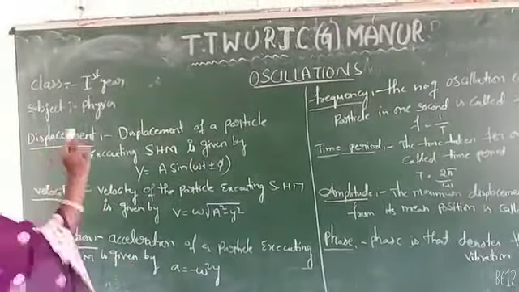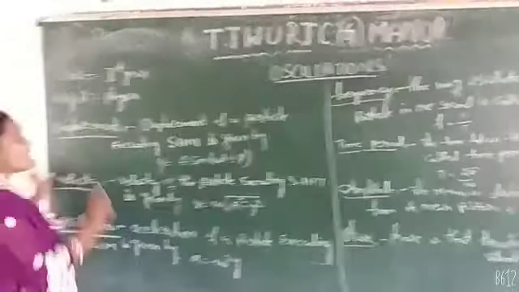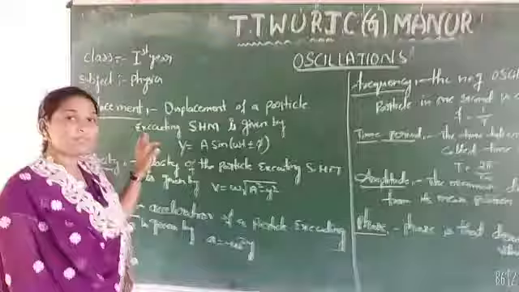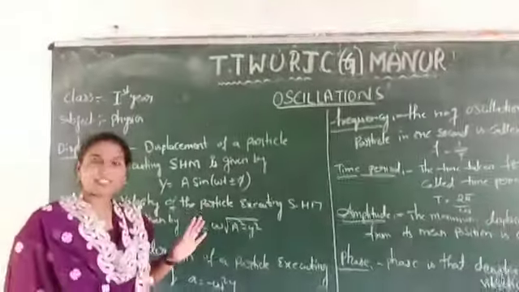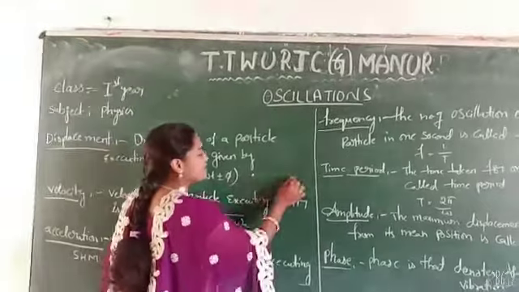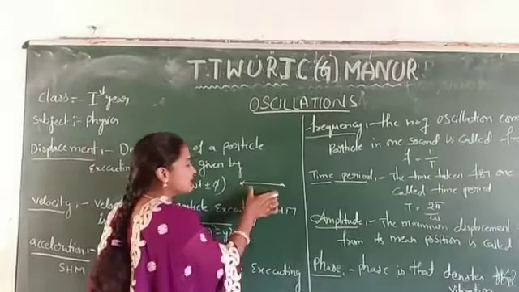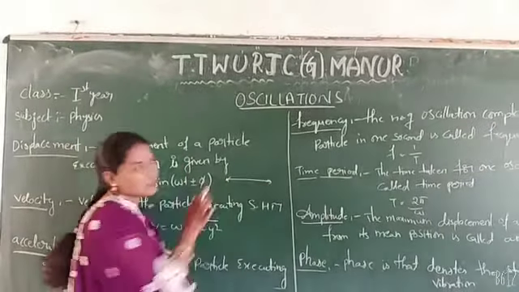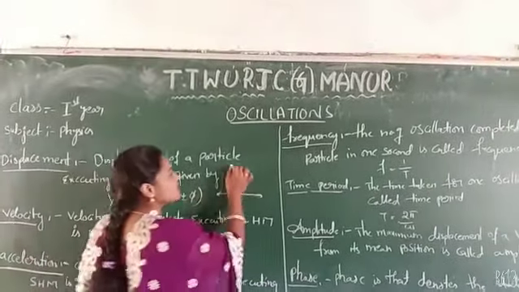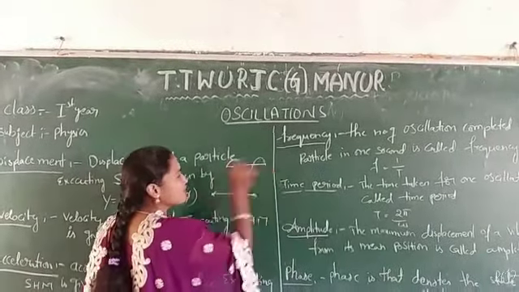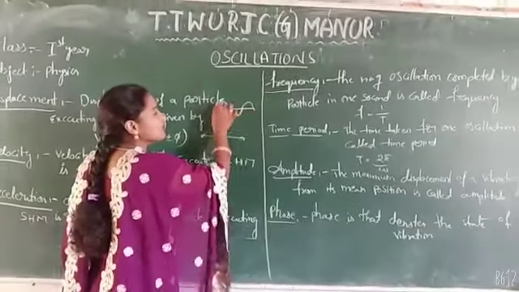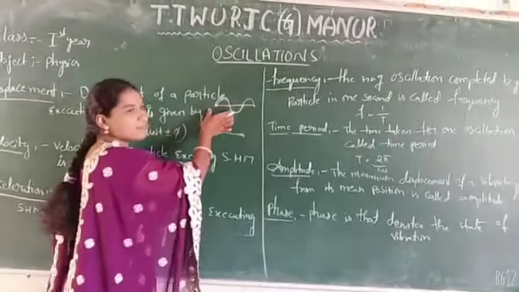So first, see what is displacement. As a definition we know till now we have studied, displacement is nothing but when a particle is moving its position from one point to another point, there is some distance. This distance we call a displacement. But in the case of oscillation, let us assume the oscillation is in the form of a wave. So here the particle is moving from here to here. There is some displacement of that particle.